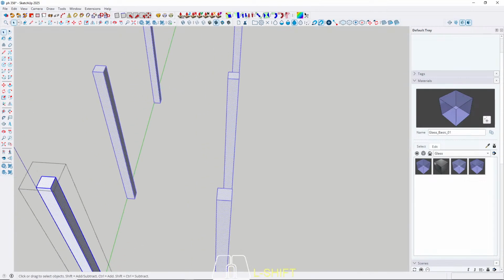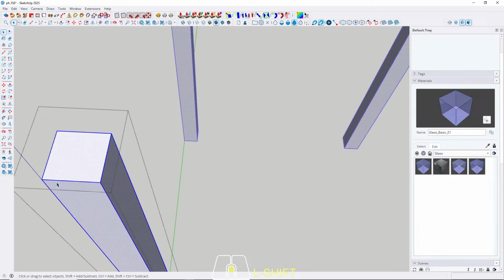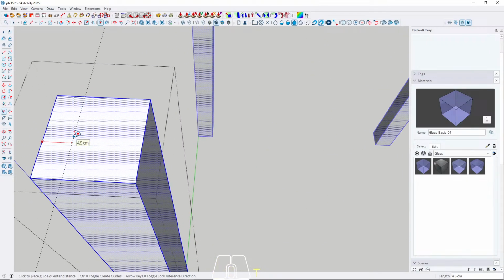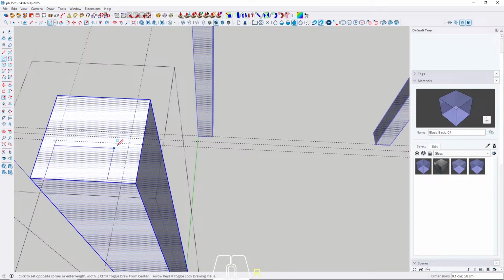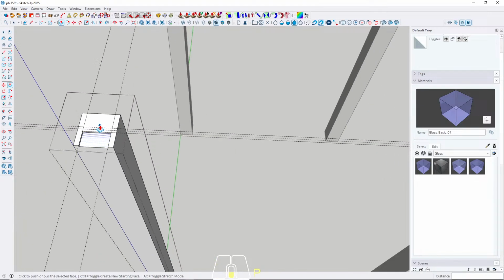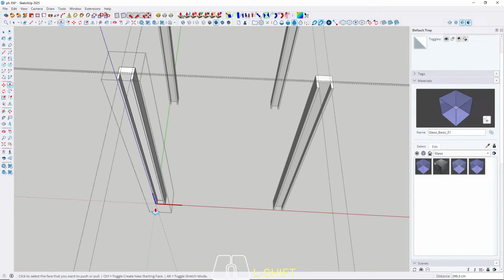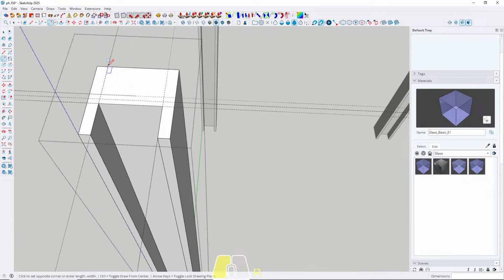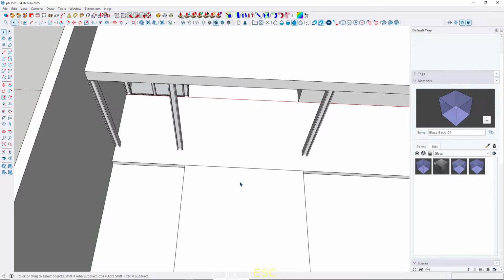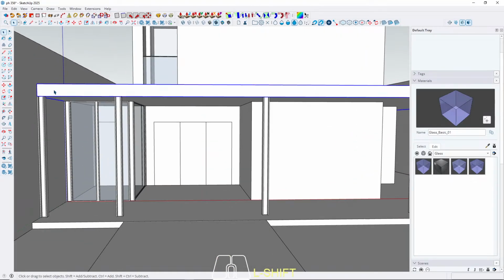I want to make an edge pattern, 2 centimeter, 2 centimeter, 1 and 1. Oops, wrong. Okay, and then this one,